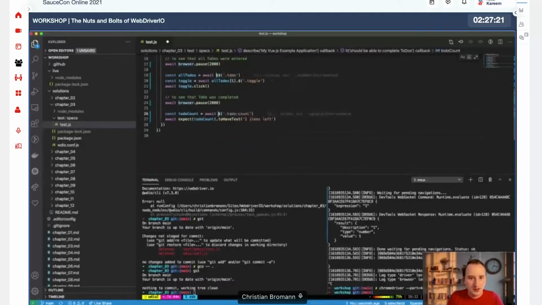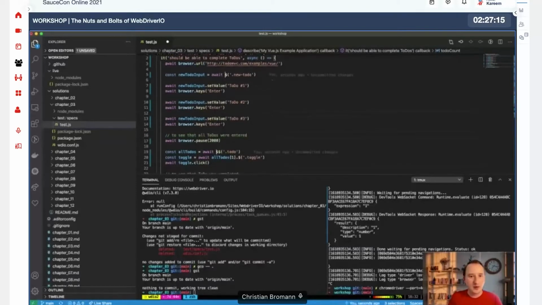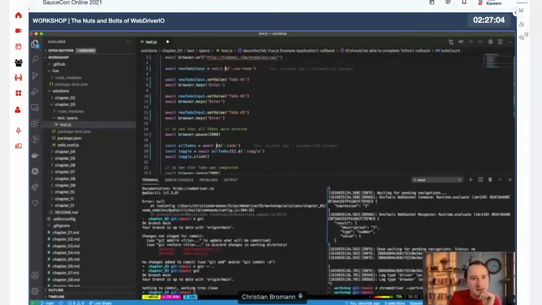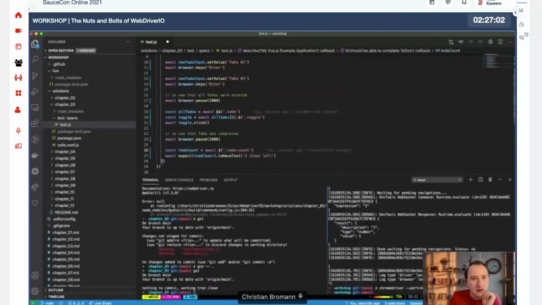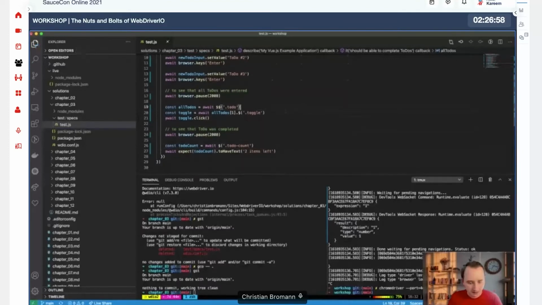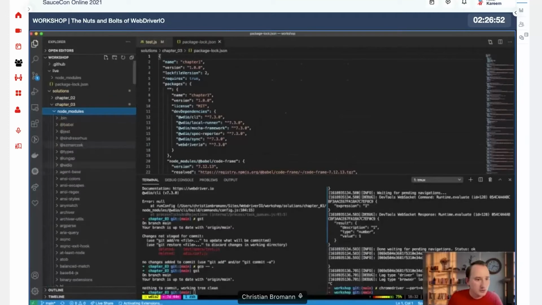Because now with the WDIO test runner, we have these $ commands in the global environment. So we can remove the browser dot. And the rest looks fine. Let me see. Describe, it, then await everywhere. And that looks good. I think then I need to tweak in the node modules and remove the sync